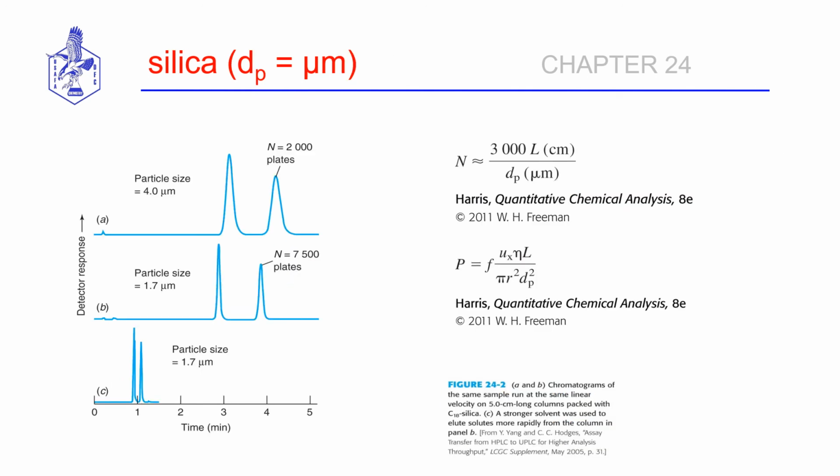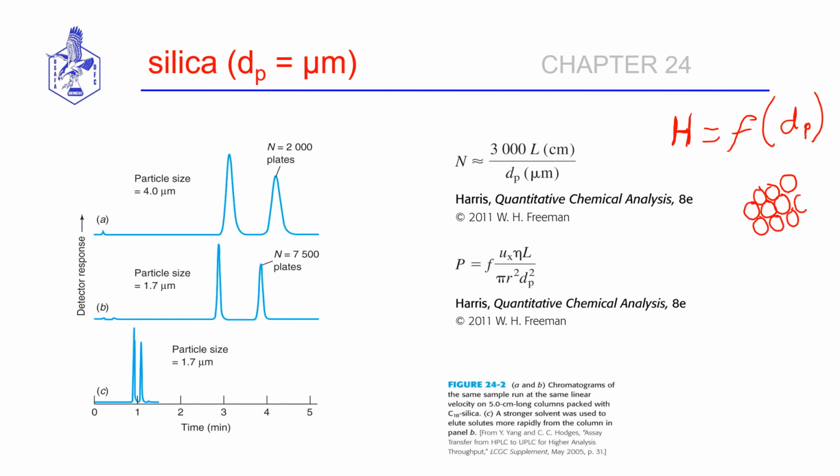Another decision one has to make is the particle diameter of the silica within the column. As we addressed in our previous lesson, an important parameter of the resolution of a separation has to do with band broadening. And if you will recall, we said that the band broadening that we measure, plate height, does depend on, it is a function of the particle diameter of the little spherical particles that we pack into the column. The smaller these particles are,